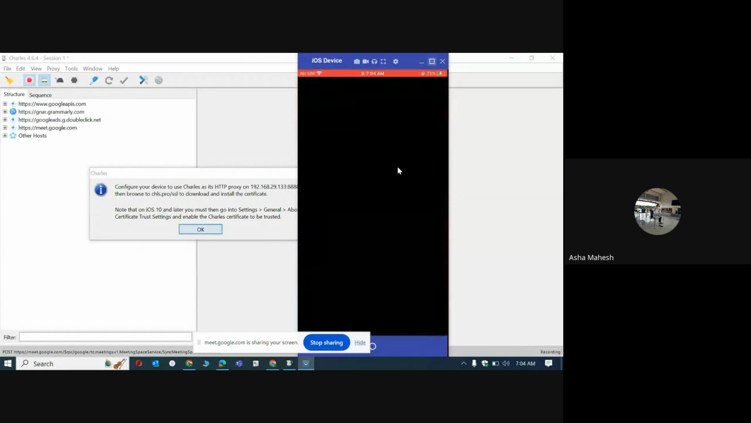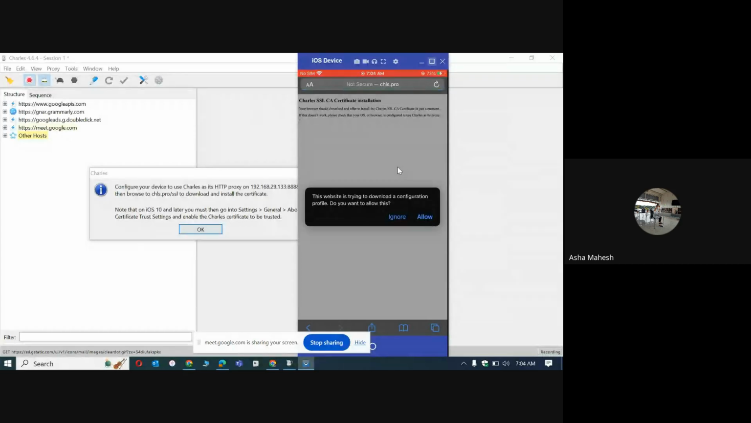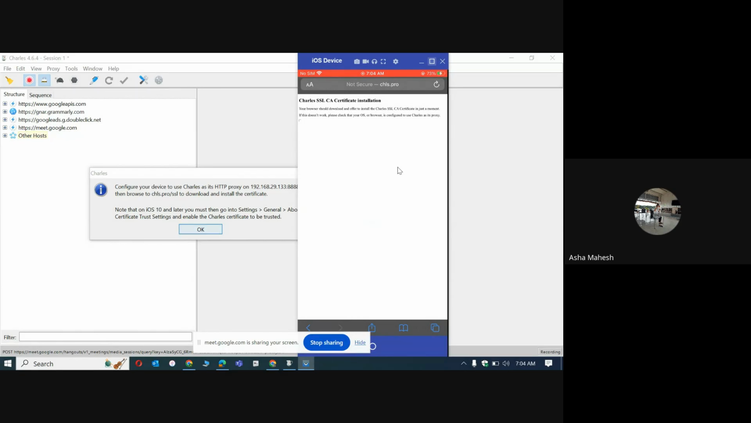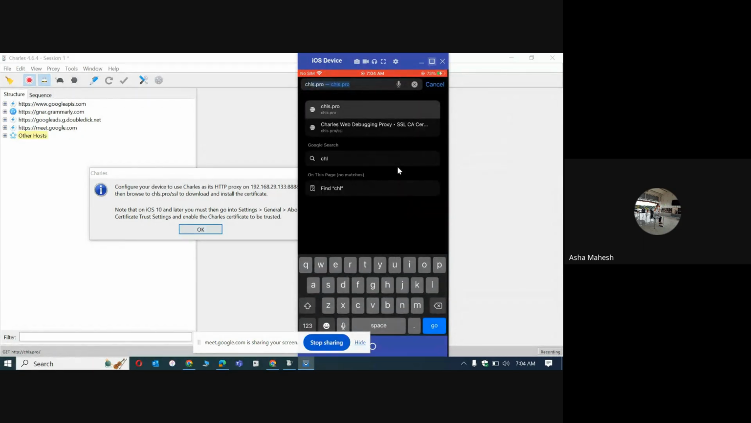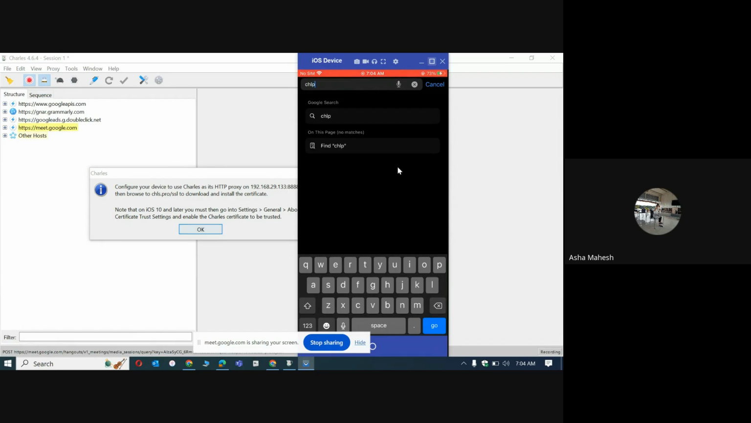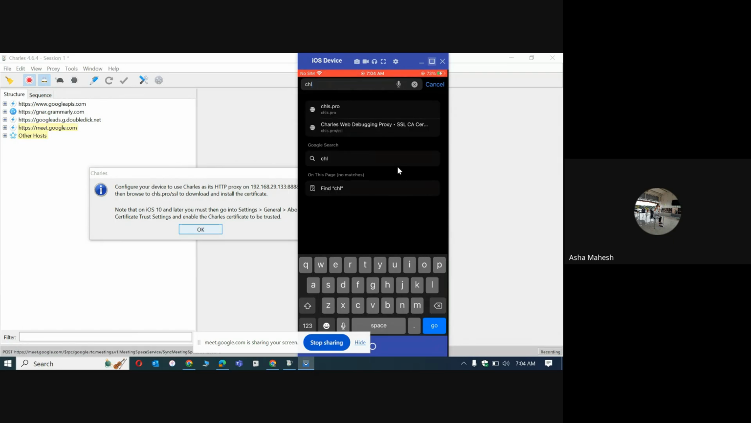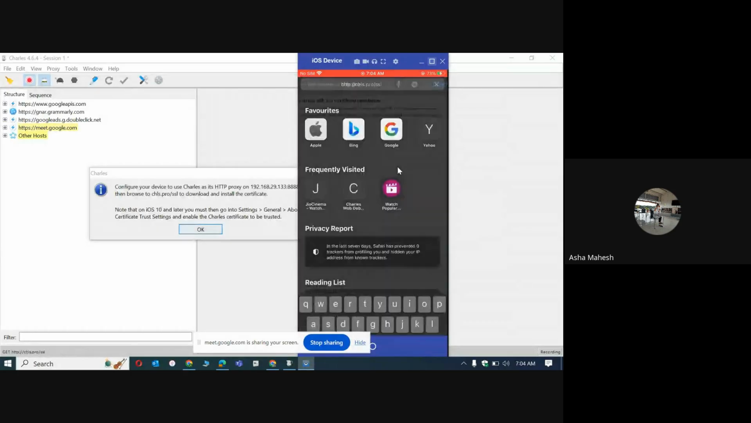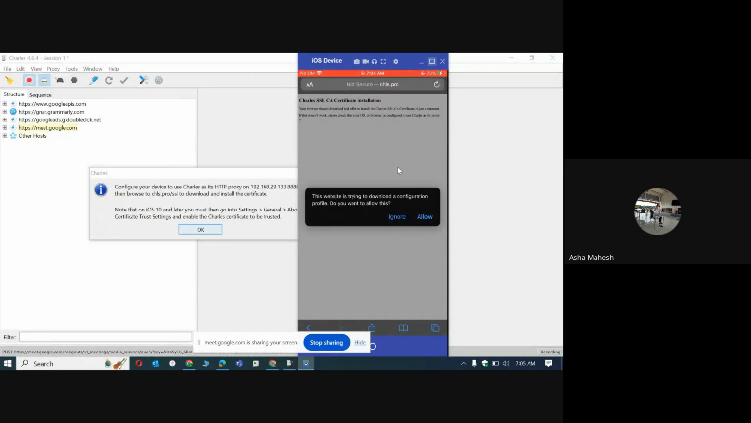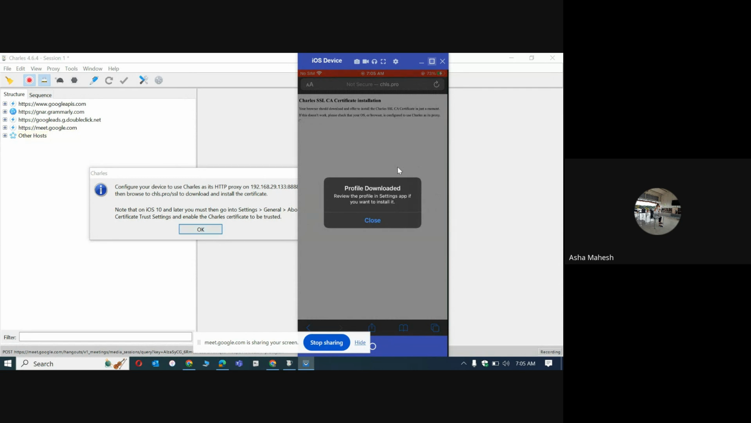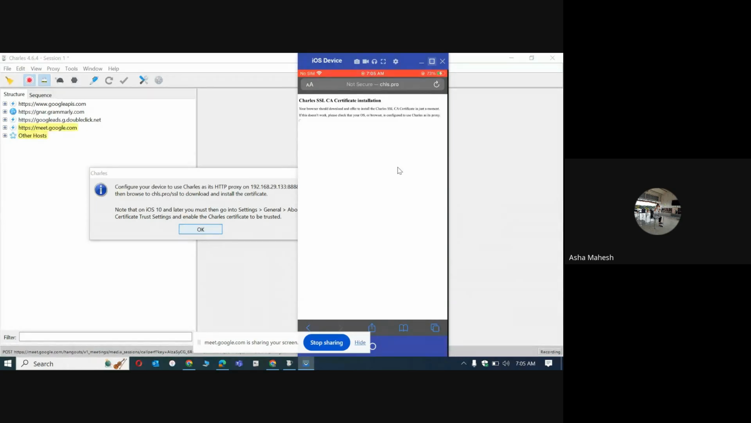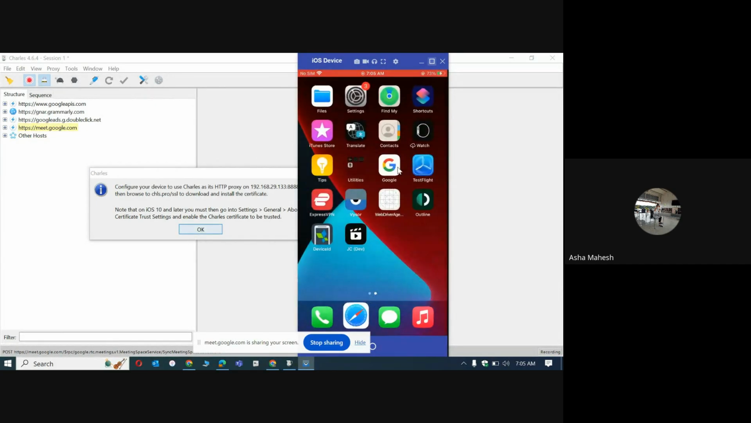Go to Safari browser. Same, you have to install the certificate. Go to chls.pro/ssl. You'll get a pop-up here in Safari. Just click on allow and you'll get a profile downloaded. So just close that. Once the certificate is